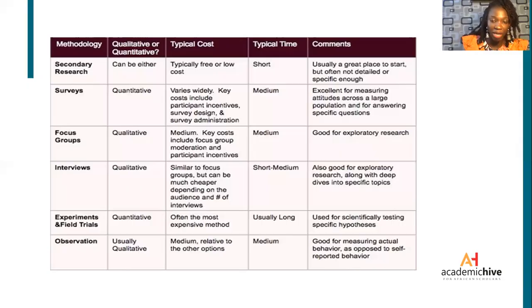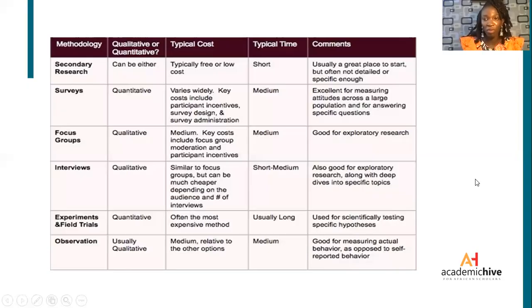Experiments and field trials are used to test hypotheses, and it's the most expensive research method. I mean, those in the sciences would attest to how much they usually have to spend to get samples. So it's usually very expensive. Field trials or clinical trials are very expensive. Okay, observation is quite medium. You spend a medium amount of time adopting observation,